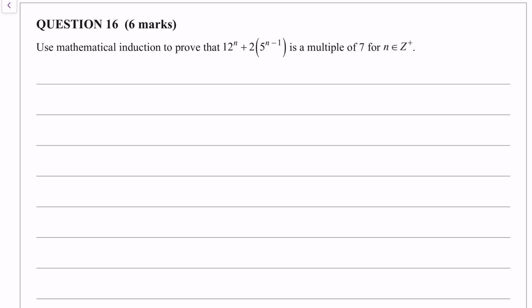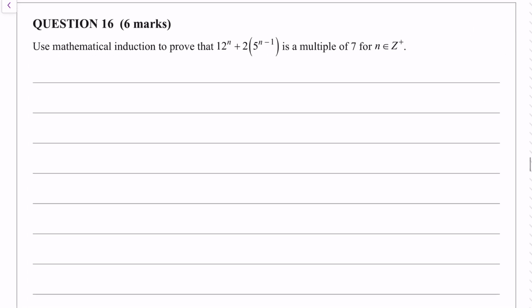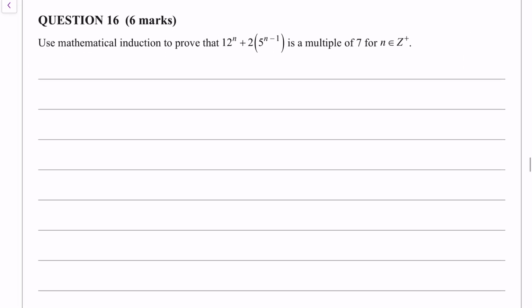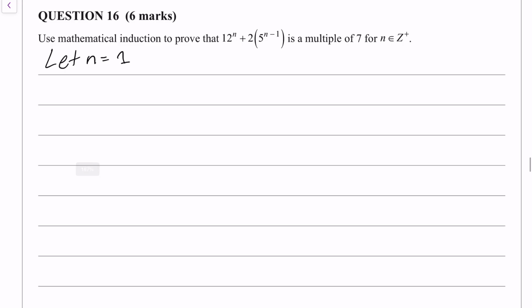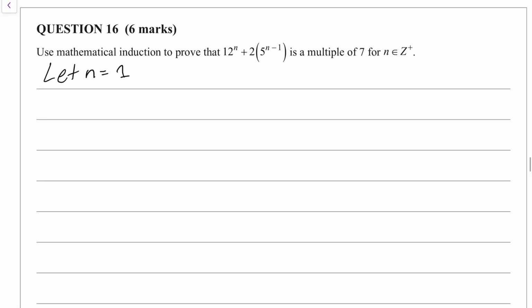Okay. What I might do is I'll do it myself first, just making sure that I'm on the right track. So remember, our first mark is by correctly proving the initial statement. So we say let n equals 1. These mathematical induction questions are easy marks because, even though there's 6 marks, you get the same marks for basically every single question, and it doesn't really change